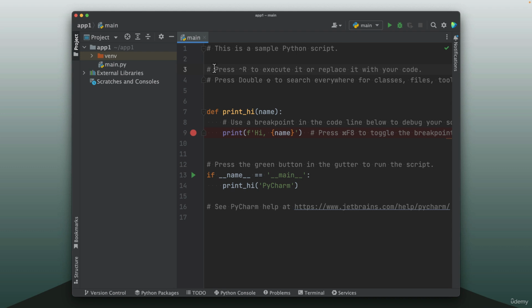And in this directory now, we have one folder named venv and this file main.py. Please don't delete the venv folder. That is a virtual environment which I'll explain later on in the course. And main.py is a file that PyCharm automatically creates, and this is a Python file. You don't need this, so PyCharm is just being nice and creating a file for us, but you can delete that